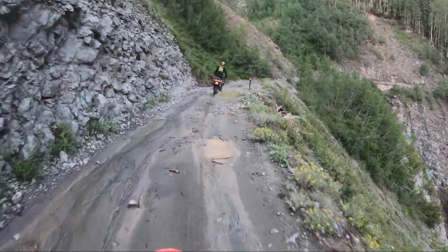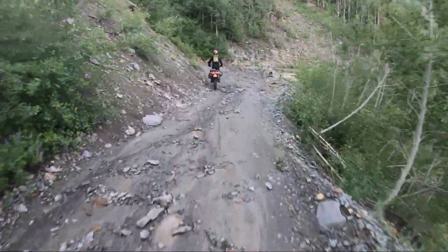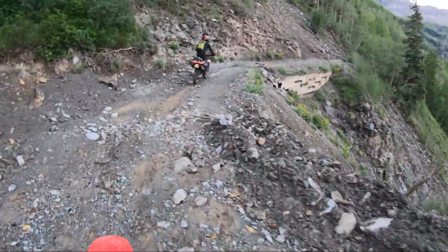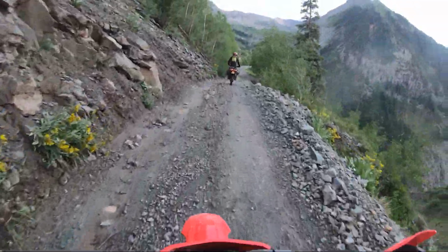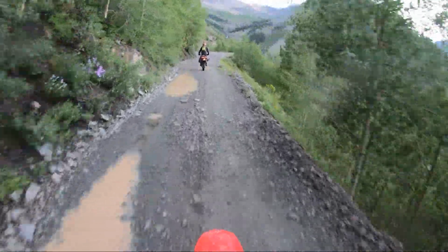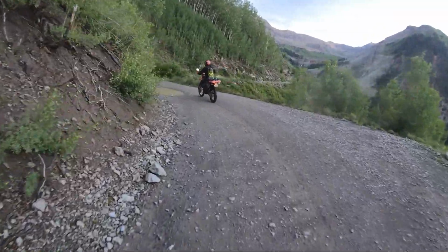We've never been on this pass before, so we're really not sure how far it goes or what to expect. So we're moving along cautiously here, and really did not encounter anything very difficult. There's lots of cliffs and rocks and rough riding, but not really anything out of the ordinary for